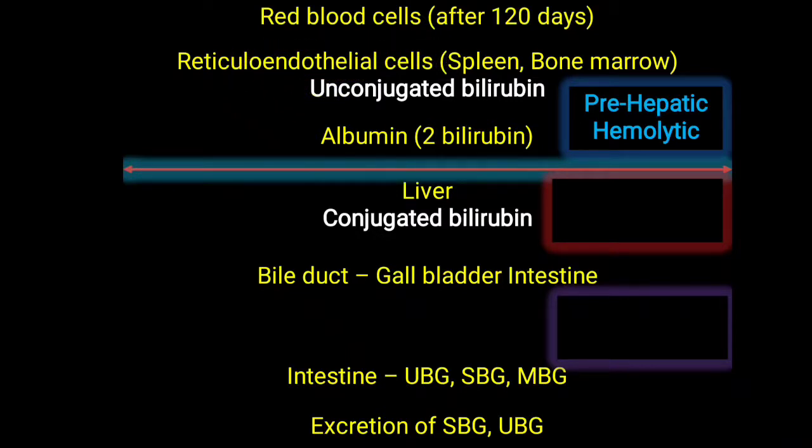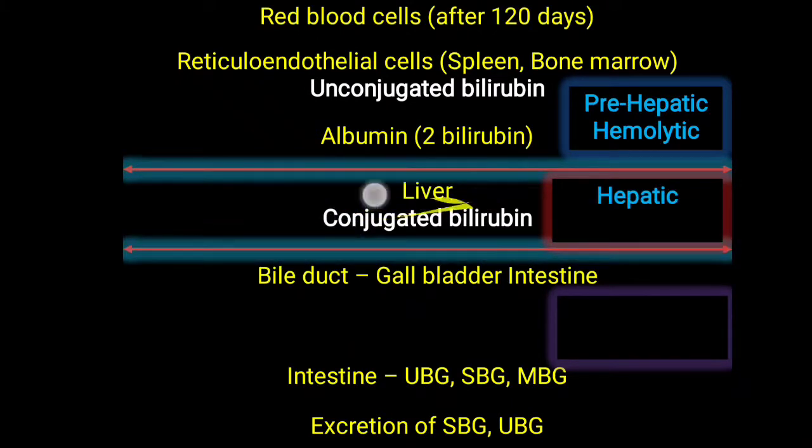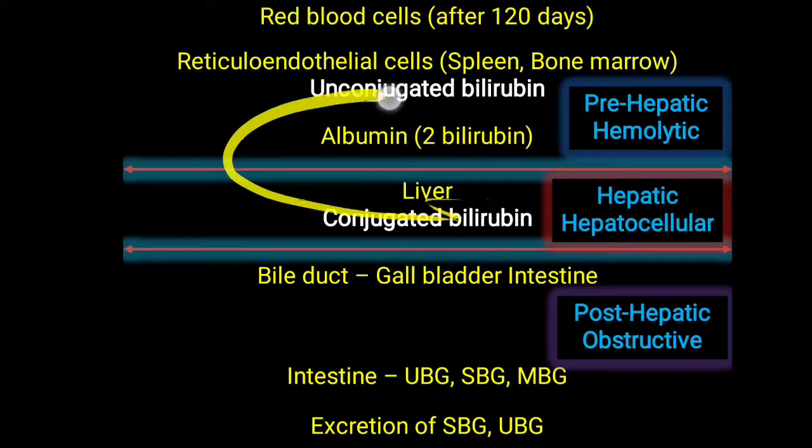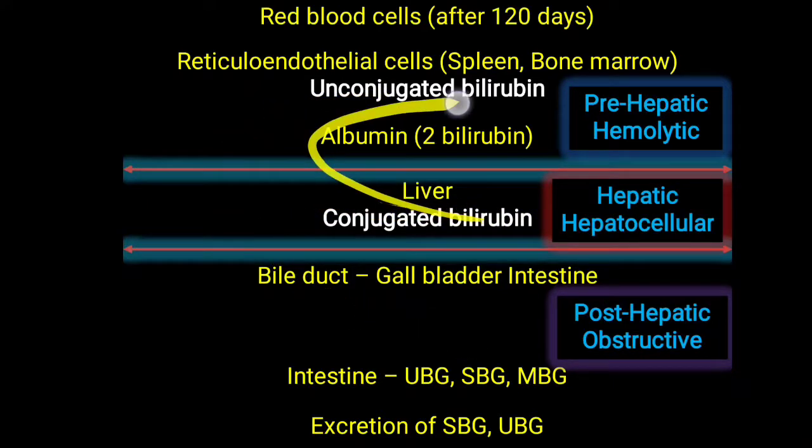Now the second type of jaundice is the hepatic variety. Here the basic defect is related with the conjugation process inside the liver, so it is called hepatic or hepatocellular type of jaundice. The third variety of jaundice is called post-hepatic, meaning the conjugated bilirubin is generated but is not able to be excreted in urine and feces, mostly due to obstruction, so it is also called obstructive type of jaundice. So simply, liver is the center point, so it is called prehepatic, hepatic and post-hepatic, as well as, depending on the cause, hemolytic, hepatocellular and obstructive type of jaundice.